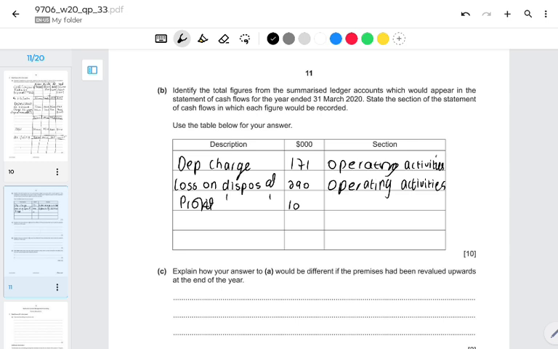That is also recorded in the operating activities. Now comes the proceed from the sale of non-current assets. That is how much? Proceed is 36,000. Okay. Proceeds, sale, non-current assets, 36,000. It is recorded in the investing